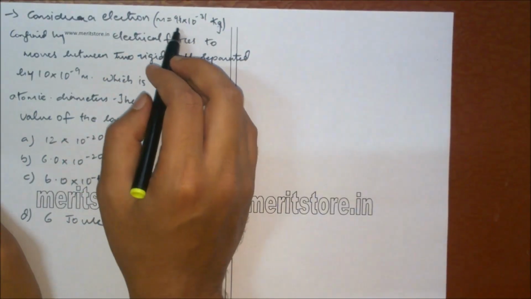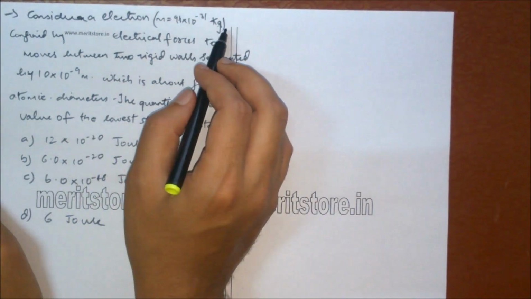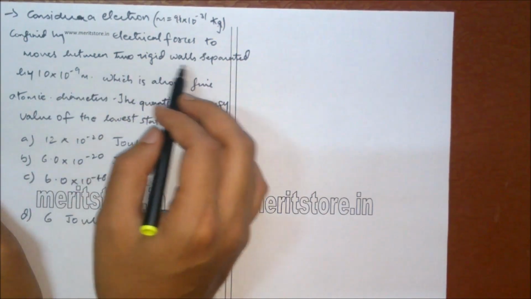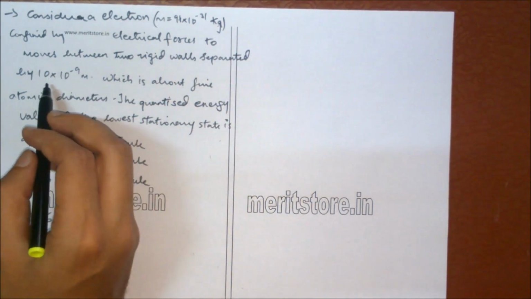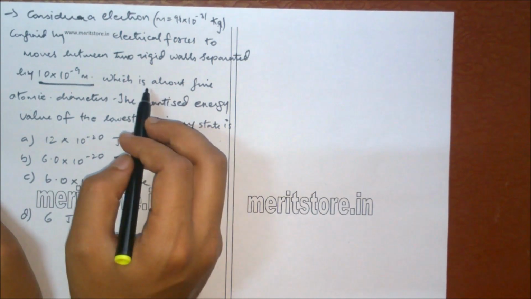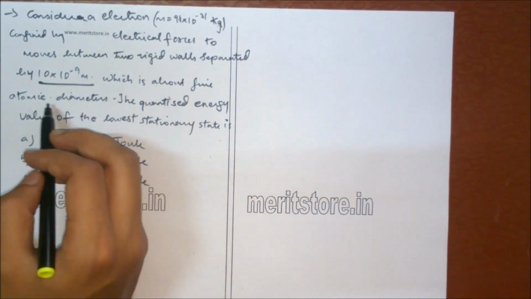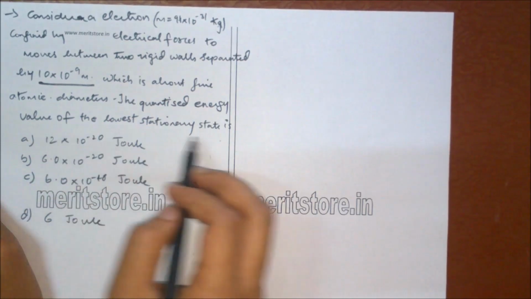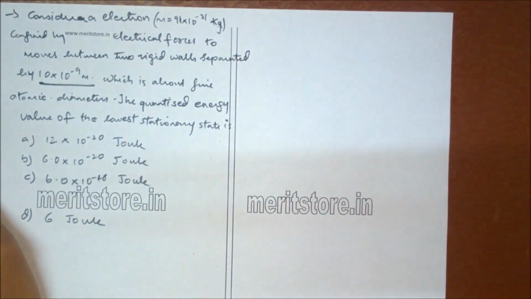Consider an electron of mass 9.1 into 10 raised to minus 31 kg confined by electrical force to move between two rigid walls separated by this much distance, which is almost 5 atomic diameter. The quantized energy value of the lowest stationary state is,